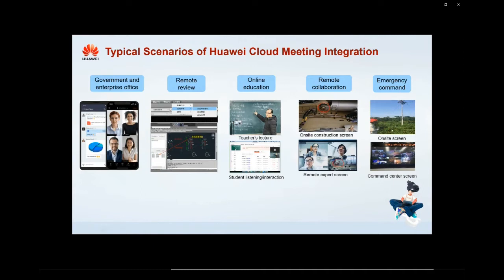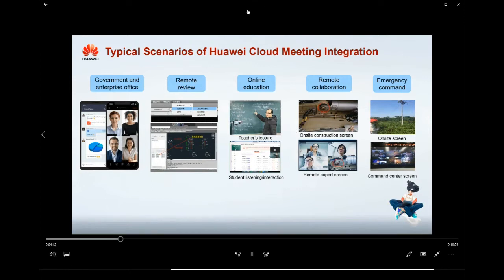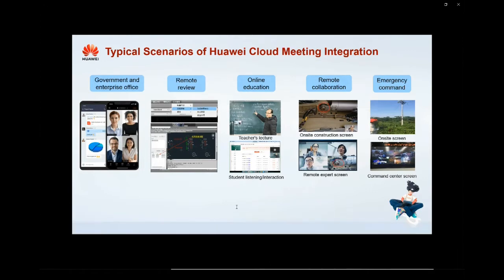First, in the government and enterprise office field, Huawei Cloud Meeting is integrated into the government and enterprise self-built office systems to help our clients implement capabilities such as point-to-point communication, one-off meetings, and departmental meetings. In the design field, we embed it into enterprise design tools to provide functions such as desktop sharing, whiteboard marking, and remote assistance and control to help our clients meet requirements.